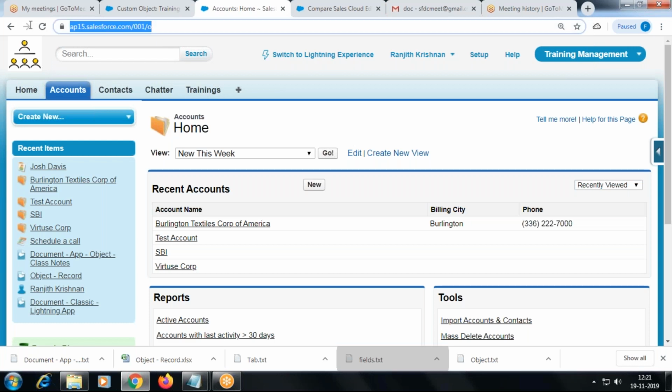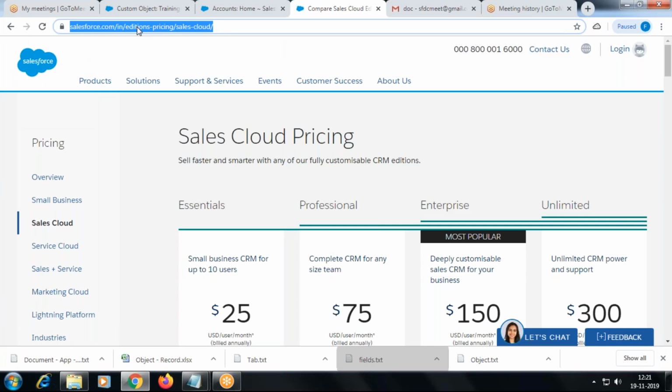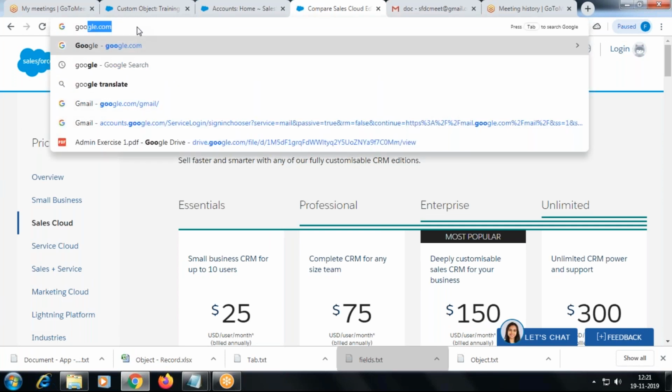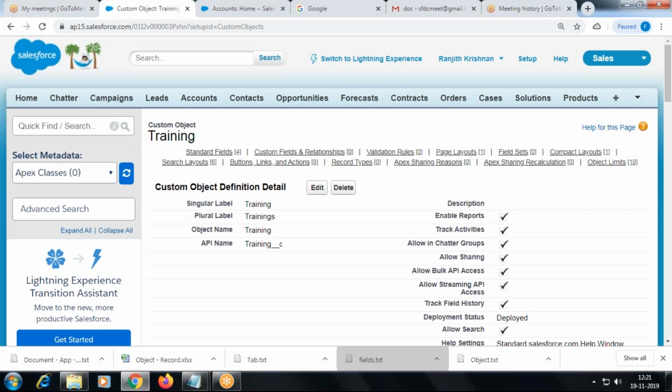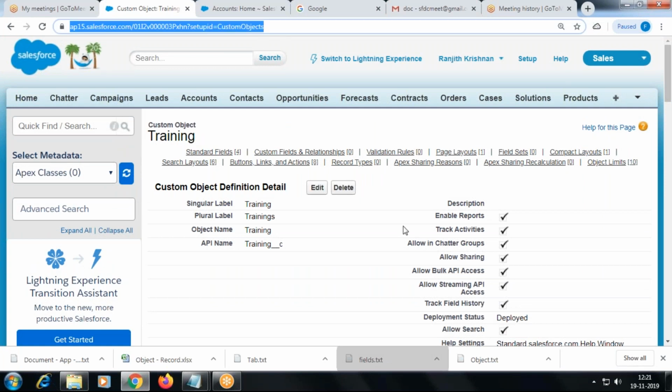So it's like your web URL, your Visualforce page, and every URL you are seeing in your platform. It's like a request to the server to get that page. Suppose I need the page Google. A request goes to the server, gets that page, and loads the content. A similar thing is happening in your platform. Everything is going to be based on URL. Your classic application, everything is going to be based on URL. Is that clear to all of you?